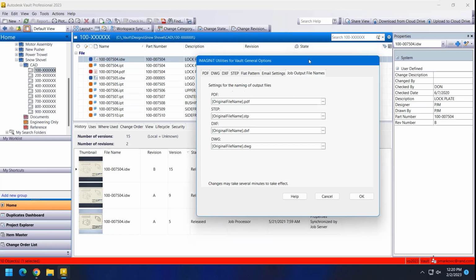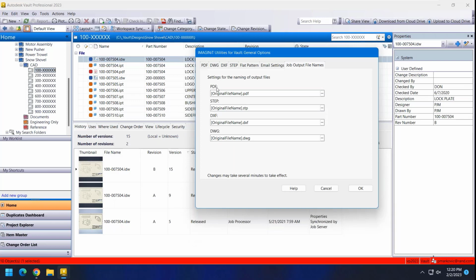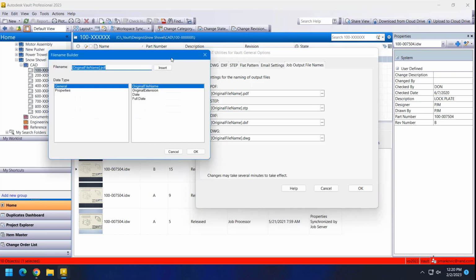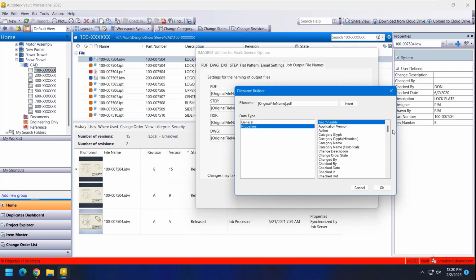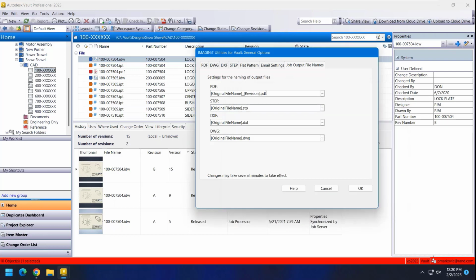And this is right now set up as default, right? So if you're generating PDFs using our utilities, it's just going to be the original file name .pdf, STEP, DXF, and DWGs. But if you want to change how that PDF is going to look, it's as simple as just coming in here and you can choose any Vault property. So for example, if I want to put the revision itself into the file name, I can go ahead and put an underscore in or a dash, however you want it, and add that revision into the